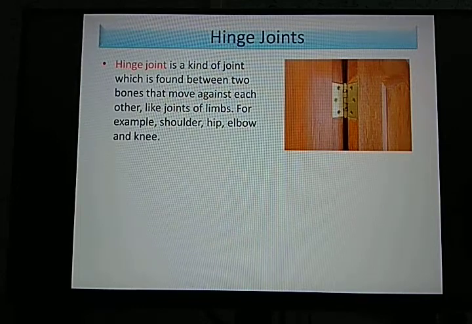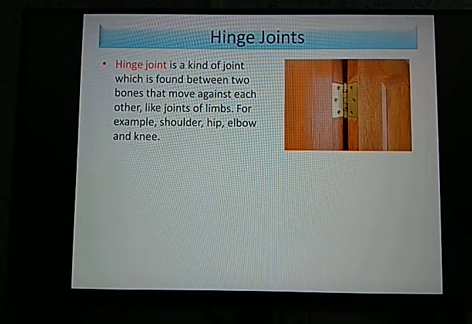Say for example, in the case of the knee. In the knee, there is something called a kneecap. So there are actually two bones, and it is connected by a kneecap, which helps to keep the two bones in alignment. And then we can move our legs front and back, or we can bend our legs with the help of